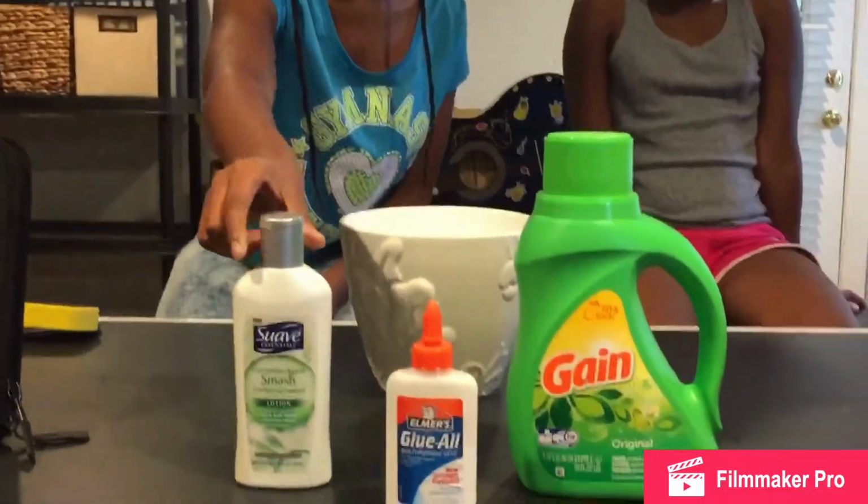And last but not least, you could get this lotion from anywhere. It's cucumber agave. And that's pretty much all three things we're going to be using for today. So first we're going to be pouring...